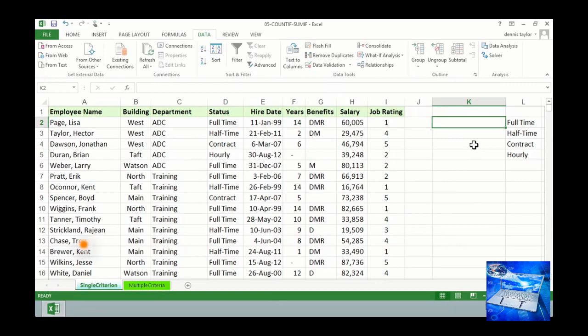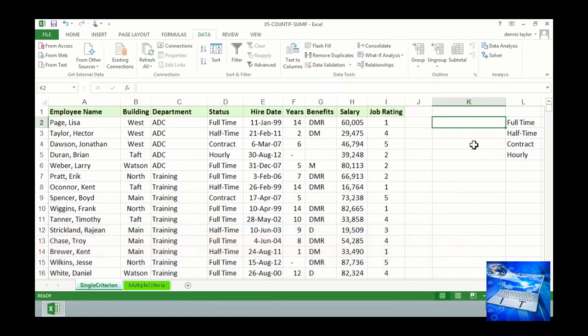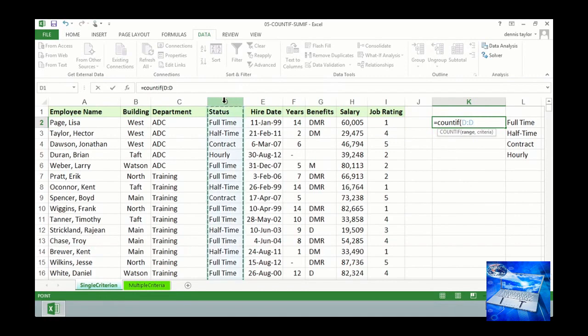For large lists, you want to take advantage of a family of functions called COUNTIF, SUMIF, and AVERAGEIF. In this worksheet, we might want to know how many full-time people work here. We could do this by way of a pivot table or possibly a more complex formula, but COUNTIF works quickly and easily. Equal COUNTIF. I'm using this in cell K2, and we're looking in column D for these entries,